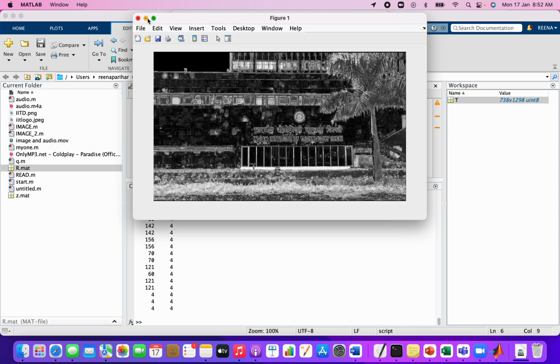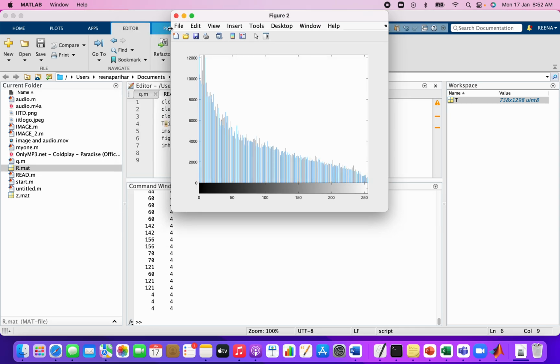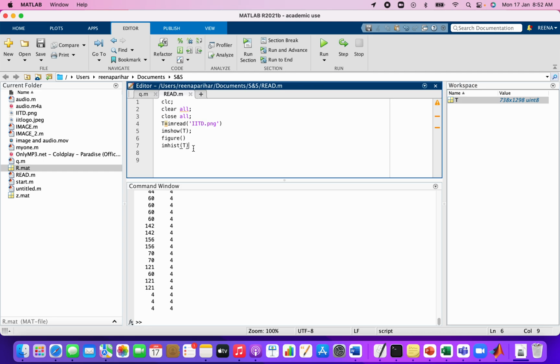If you want to improve the contrast level, you can simply write histeq and store it in some T2 variable, to enhance the contrast level. You can read about it in MATLAB help.